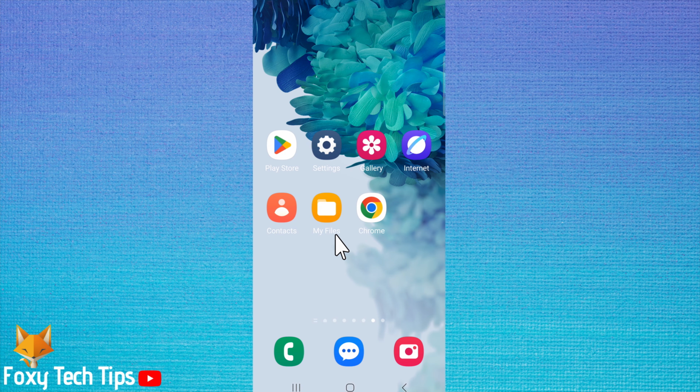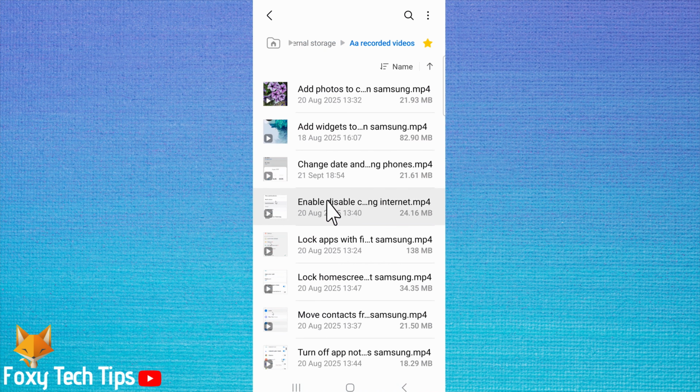Welcome to a Foxy Tech Tips tutorial on adding file or folder shortcuts to the home screen of your Samsung